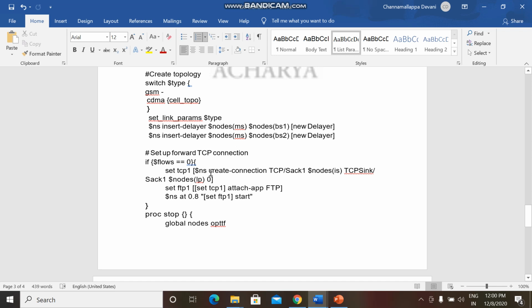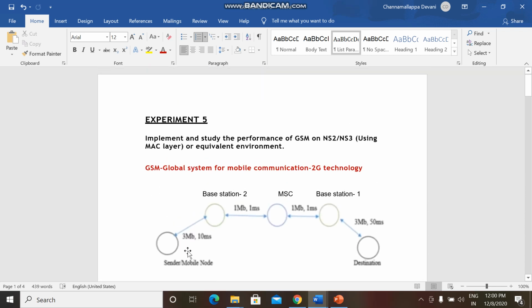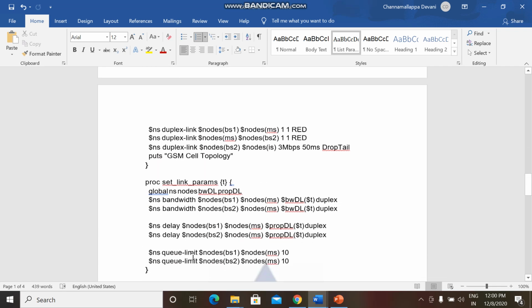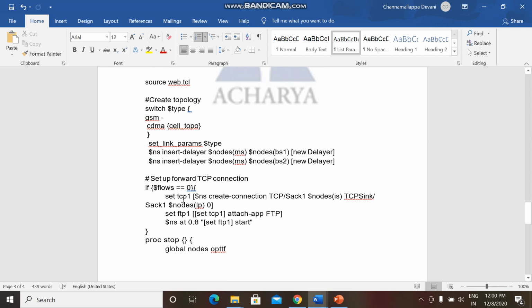We are creating a TCP connection between the initial source and the last point. As I told you, there is only a single path. Whenever we are establishing a connection, it is considered as a single path. Here we are creating an object: set TCP1 is an object, create a TCP connection, and SAC1 refers to selective acknowledgement.